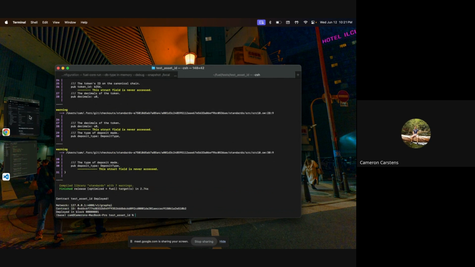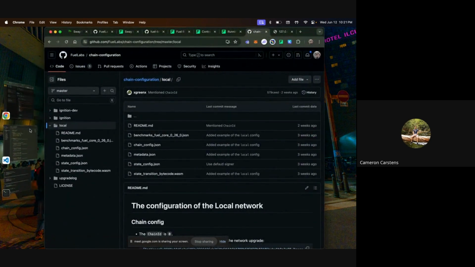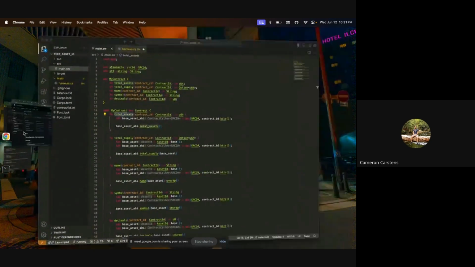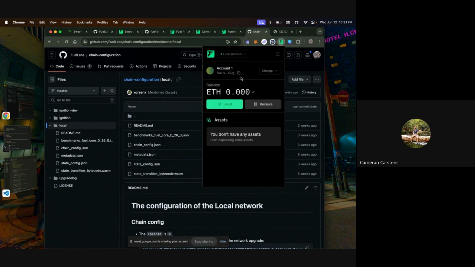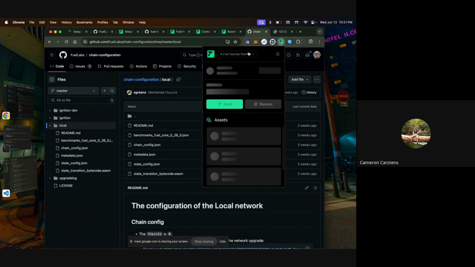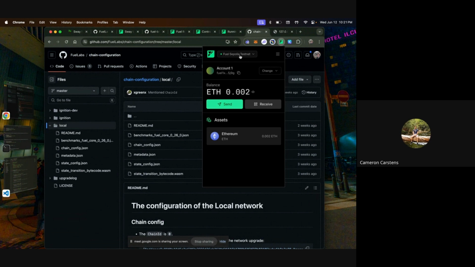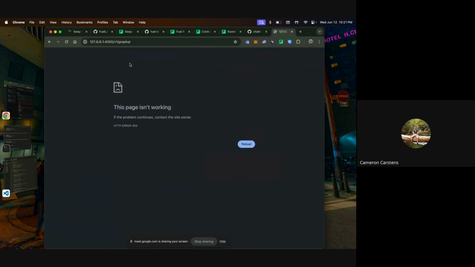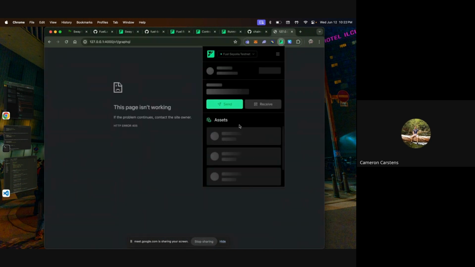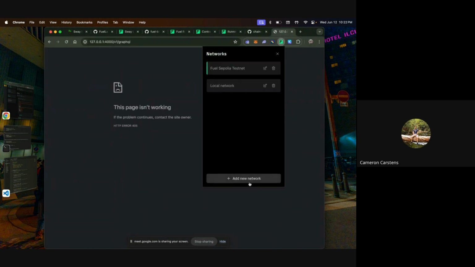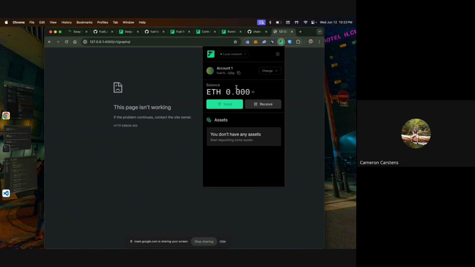To do that, you are going to need either the Rust SDK, or you can do it also through the Fuel wallet. So if we unlock here, by default, you will be on the Fuel Sepolia testnet. And you can add your local network by adding this URL here, this IP address, by hitting add a new network, and you get your local network.